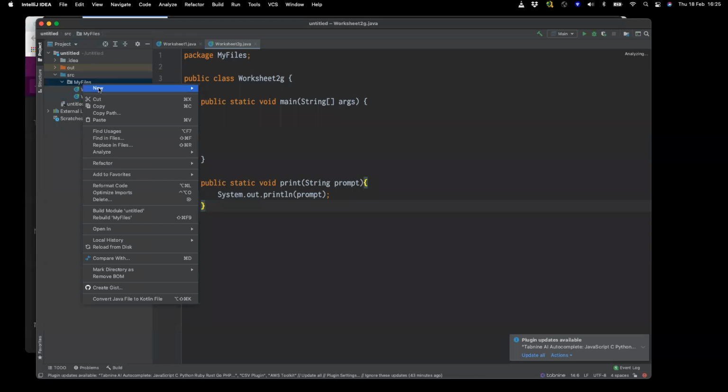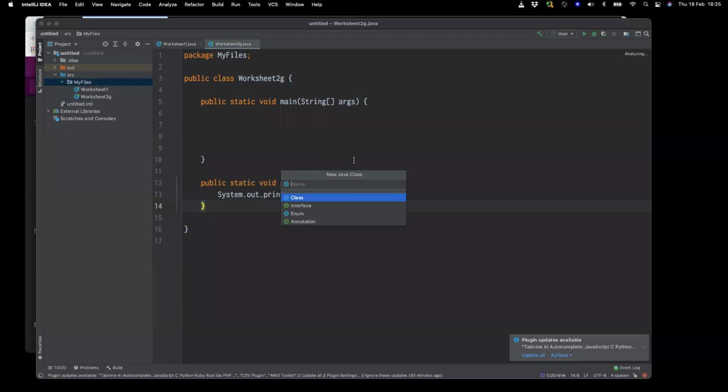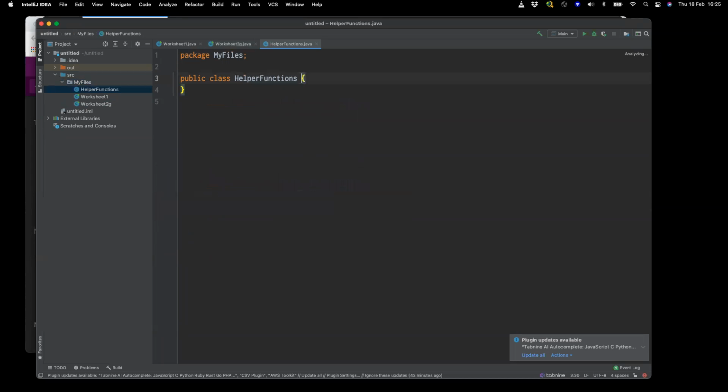First of all, just add a new Java class and call it, I always call mine util or utils, but you can call it helper functions, give it a name that makes sense to you. I'm going to call this helper functions because you all know what it is. It doesn't have a main. All this is going to have in it are a bunch of functions that I can reuse anywhere in any of the worksheets. It's not going to store data. It's not going to manage data. It's just going to hide simple things like print statements, getting input from a user, etc.